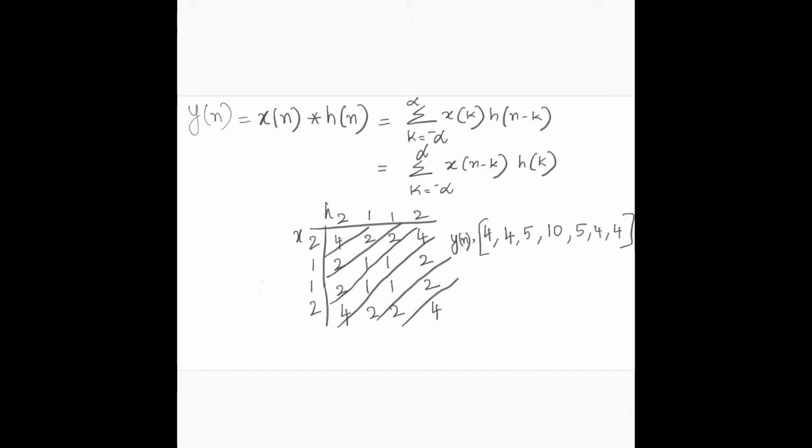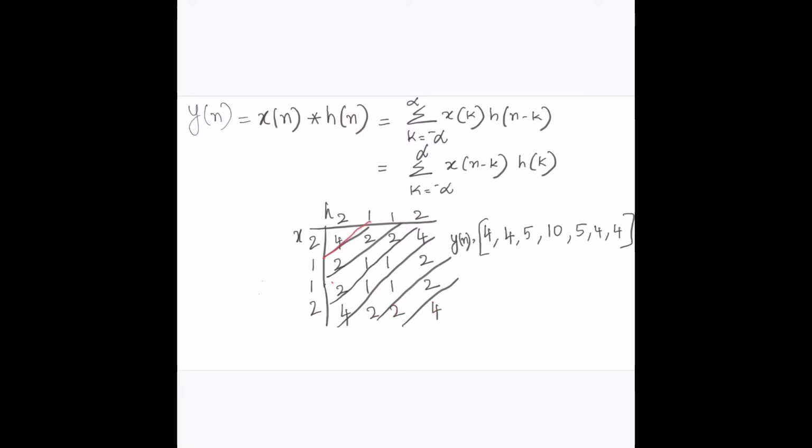Next row will be 1 into 2, 1 into 1, 1 into 1, 1 into 2. Third row will be obtained by 1 into 2, 1 into 1, 1 into 1 and 1 into 2. Fourth row is obtained as 2 into 2 equal to 4, 2 into 1 equal to 2, 2 into 1 equal to 2 and 2 into 2 equal to 4.